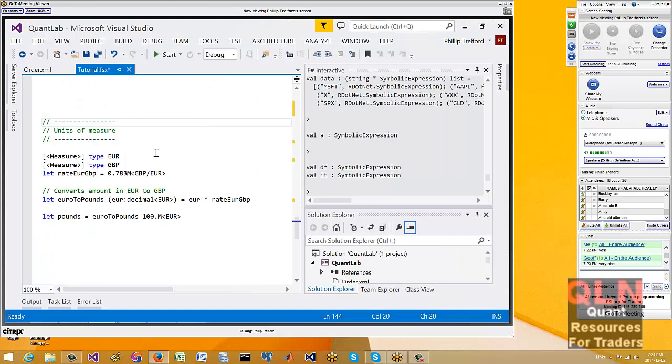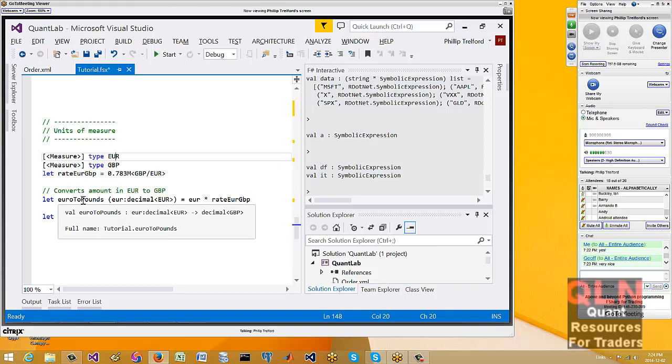In order to define a measure, we just simply put an annotation against it and give it a name. And we can now define a GBP euro conversion rate. A function to convert between euro and pounds takes in euros and multiplies out. And if we look at the function signatures, as I was saying, it takes in euros, returns pounds.